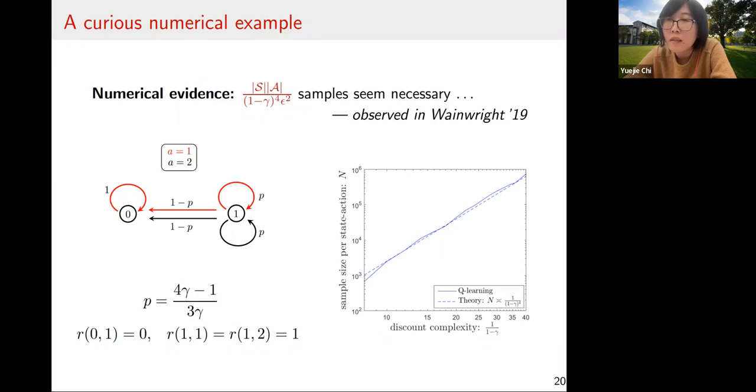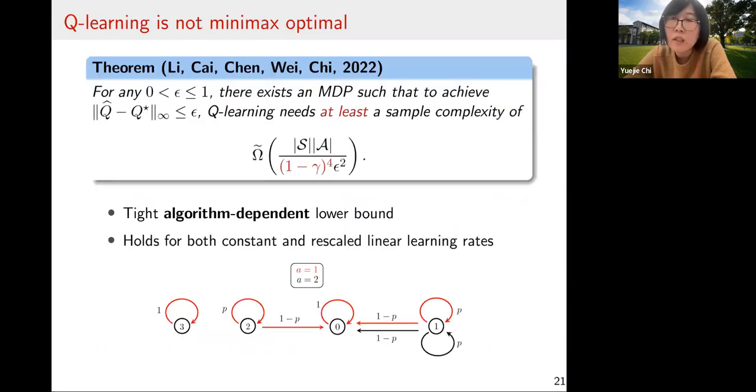Based on the evidence from this toy example, we also develop an algorithm-dependent lower bound tailored to Q-learning, where we construct a counterexample and show that if you want to drive the error to some order of epsilon, then Q-learning will need at least a number of samples that scale on the order of SA divided by (1 minus gamma) to the 4th times epsilon square. The exact construction in the paper is inspired by the toy example, but a little bit more complicated, adding some auxiliary states to facilitate analysis. This result is interesting because it's not a minimax lower bound, but a tailored algorithm-dependent lower bound